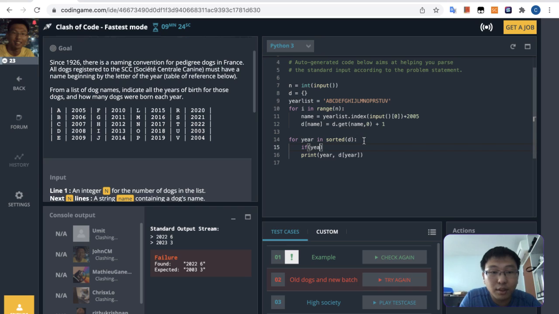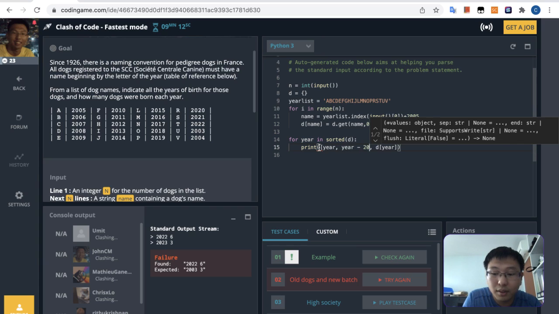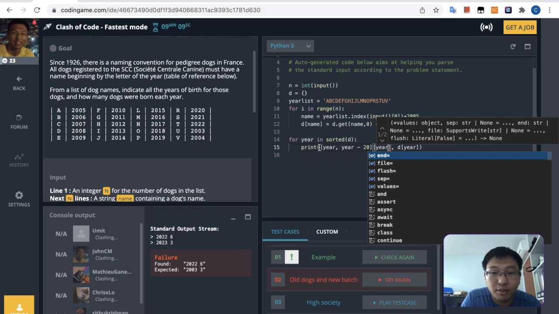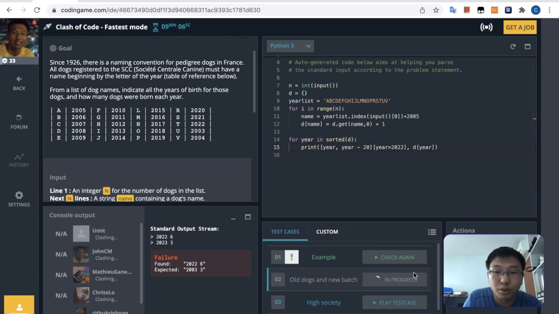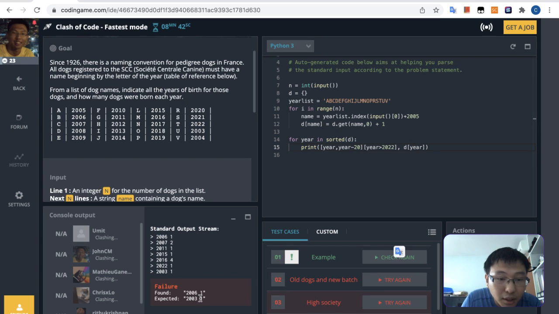So if year greater than... actually what we can do is print year or year minus 20. Okay, so we only do the year minus 20 if year is greater than 2022. So with this, we should get 2003. Okay, why is this wrong? Looks correct to me, but